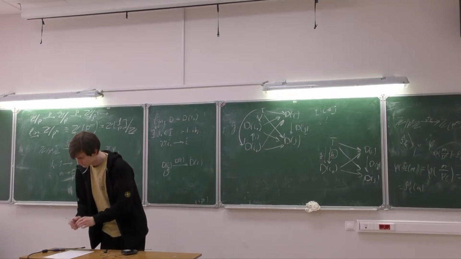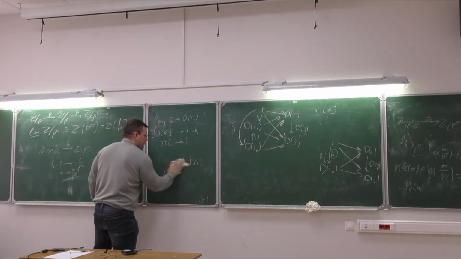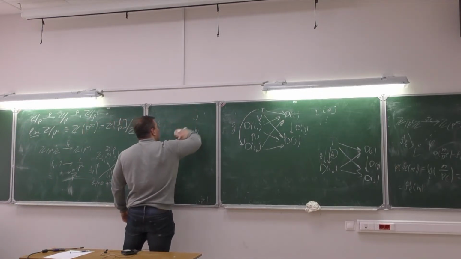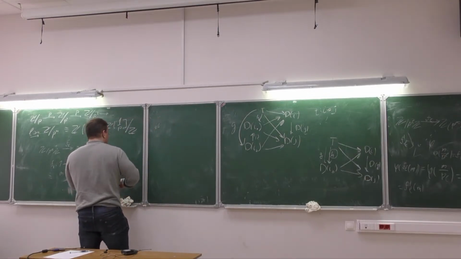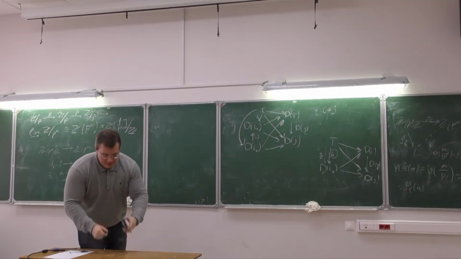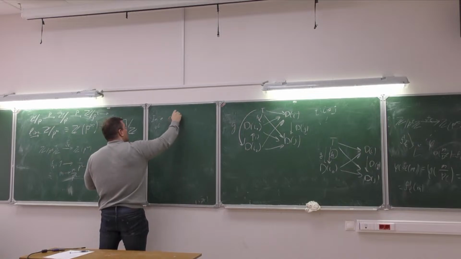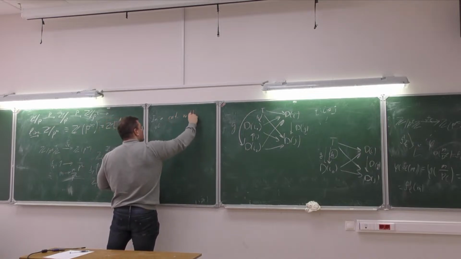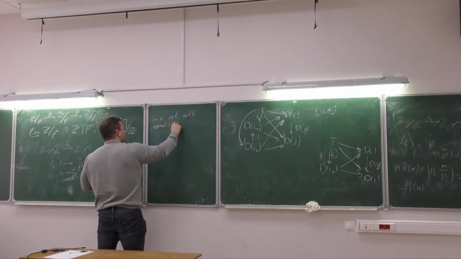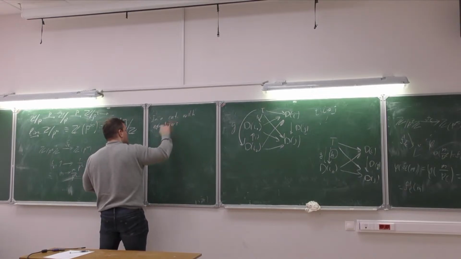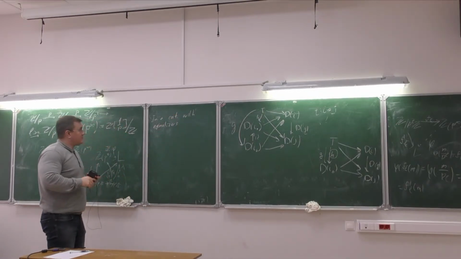So the next question is to show that in a category with equalizers, well, this just means that in this category any pair of parallel maps has an equalizer,